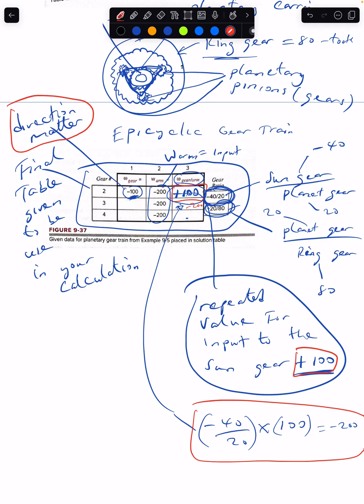And then I come to the next, which is this. I will use this gear train, and that gear train is plus 20 over